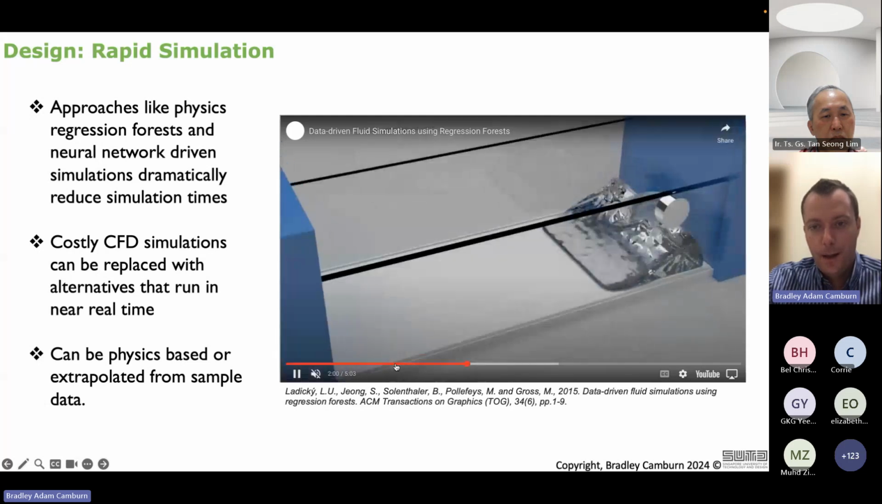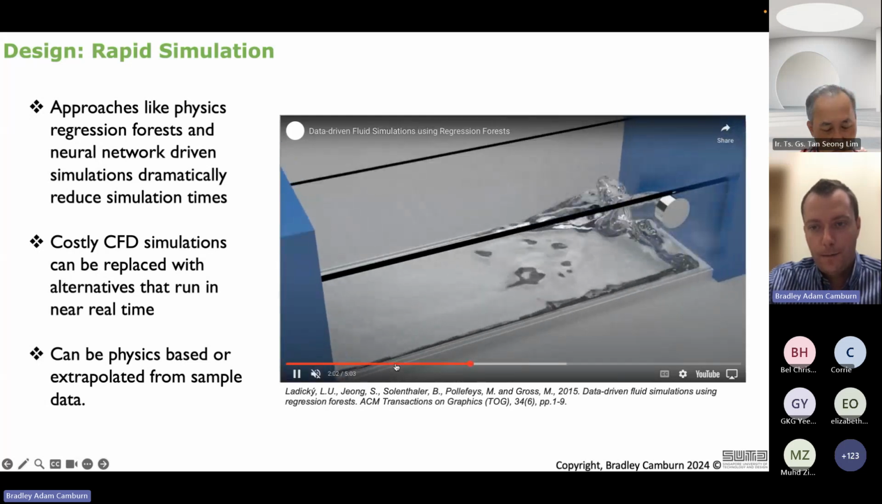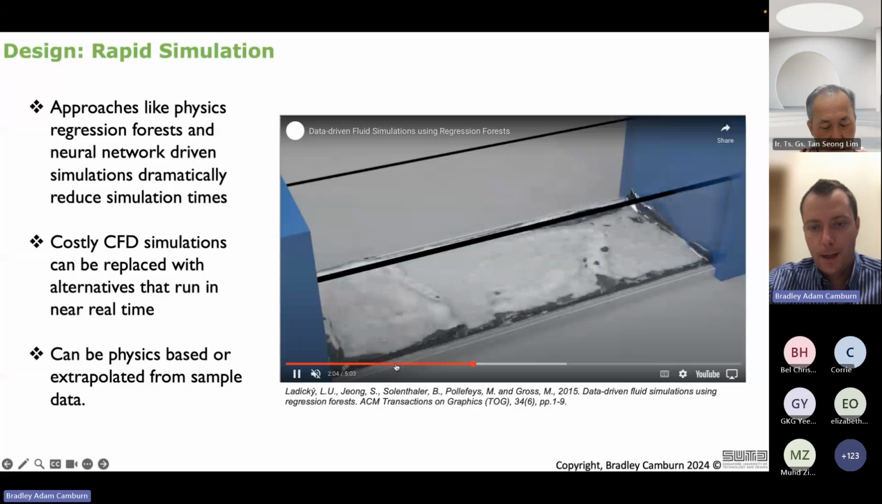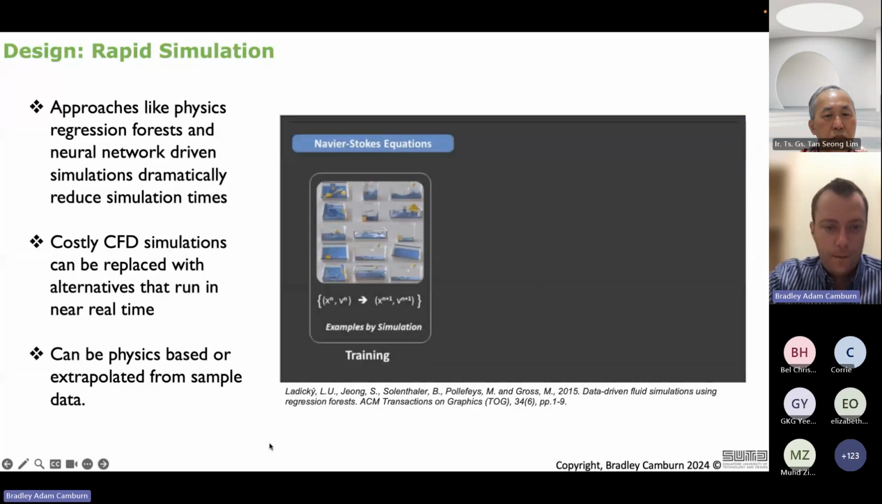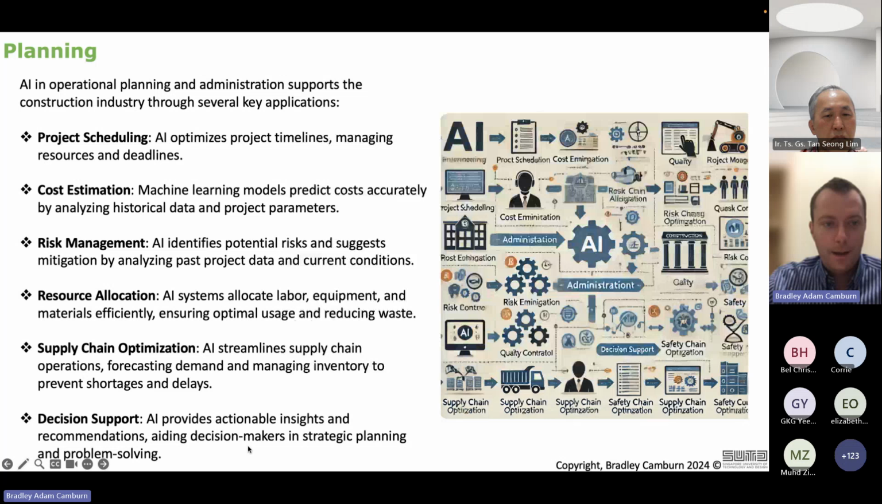We can look at modeling the physics in real time, because again, you don't necessarily have to build these very, very expensive models. From planning space, I won't have as many examples here, but there are a lot of amazing tools provided